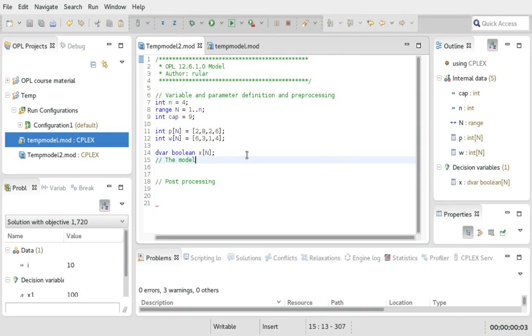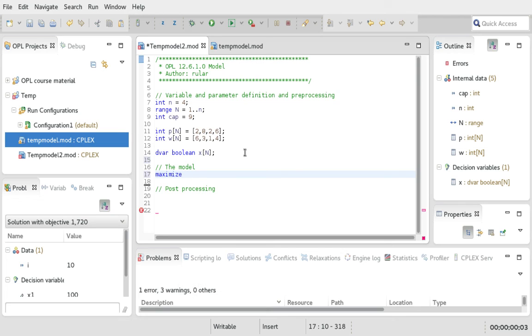Now we are going to need the objective function. Recall that in a knapsack problem, we want to maximize the profit. So how do we calculate the profit? Well, the profit is something with p, and we need to multiply it with x to only count those that we're actually taking. So we could say p1 times x1, plus p2 times x2, and so on and so forth for all the 4